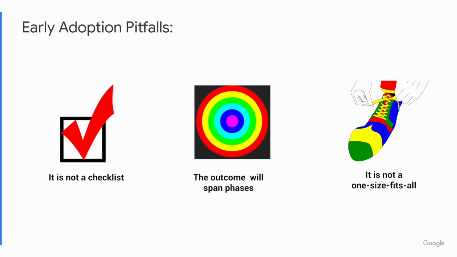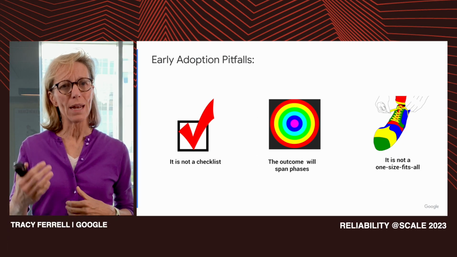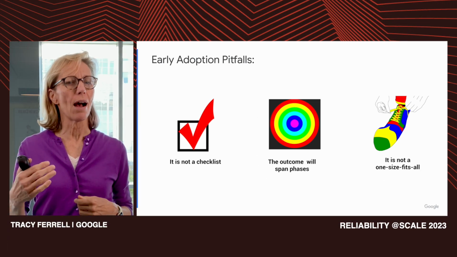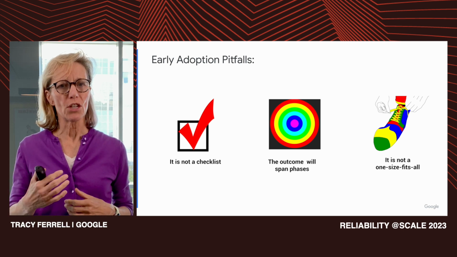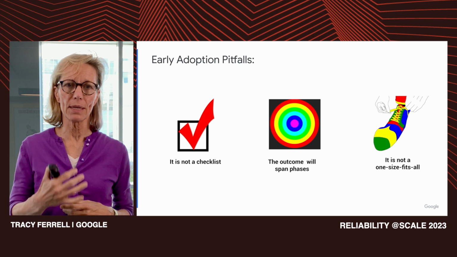The first one is people wanted the model to be a checklist or a grade that they were given for a product. And it's not a prescriptive list of things to do. It's more about the awareness and the engagement the organization has with reliability. And also, it's not about winning or getting to the top or getting the top grade. It's about changing the culture in a sustainable way to ensure reliability really sticks.